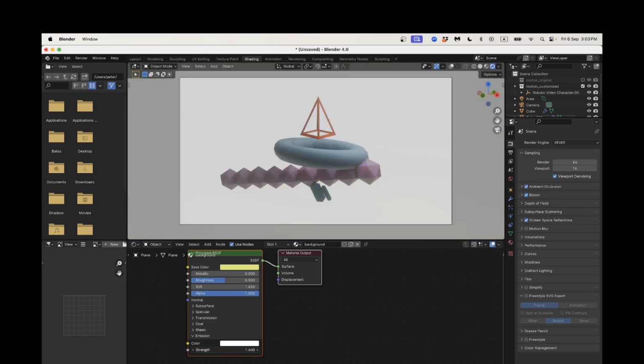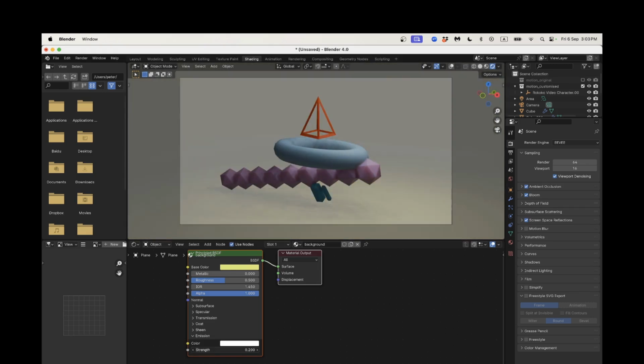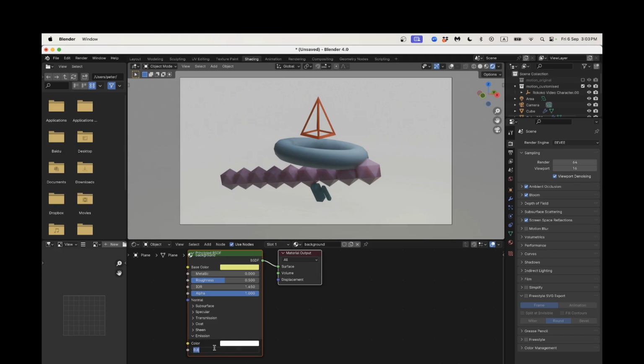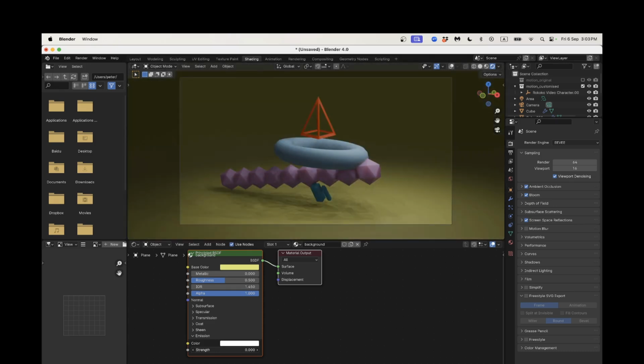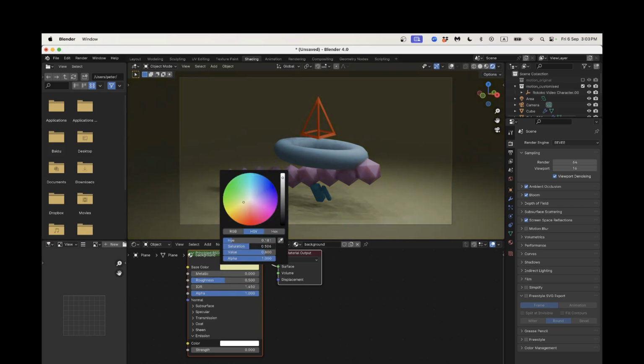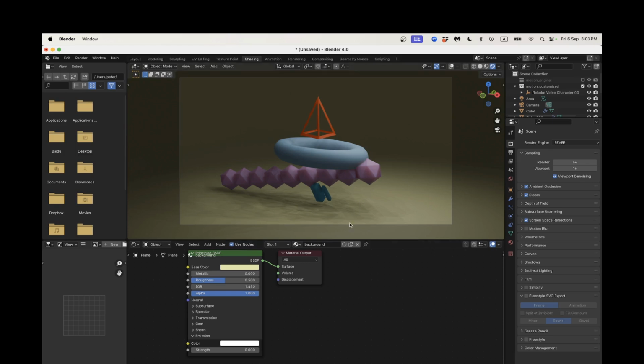What emission is, it basically means the background is giving off light as well. If we put the emission to 1, that'll basically make it like a bright white background. But no, maybe having no emission looked kind of nice. This I think is a bit too saturated. Yeah, look, that'll be enough for a basic